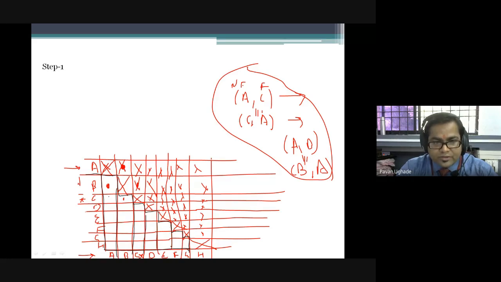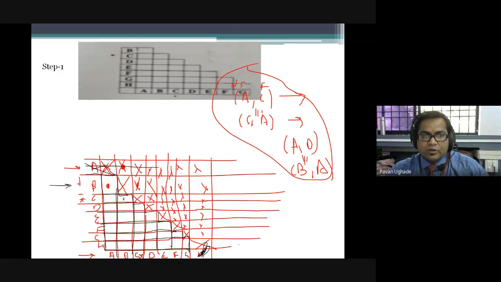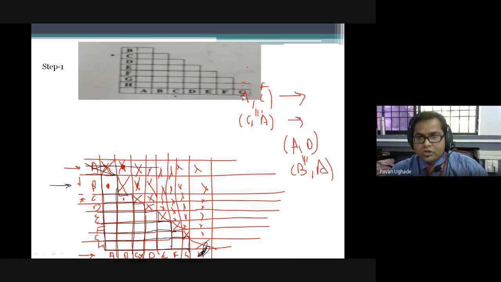Whether you understood, guys? Anyways, I'll be explaining once again, because the first step is to draw the table, and most of the people remember certain things, and at the time of examination they make certain problems. So this A is not required here, and here H is not required. Whenever you are considering, start from the B over here and start from here A, but H should not be part of it. So this is how your table looks. I'll just remove all those things. Your table will be looking like this. This is how you will be drawing the table.